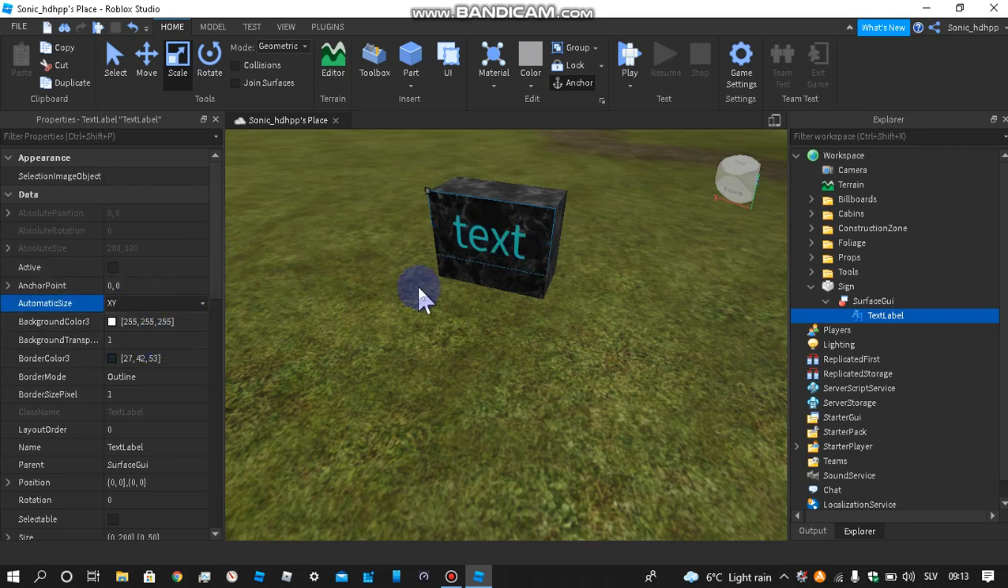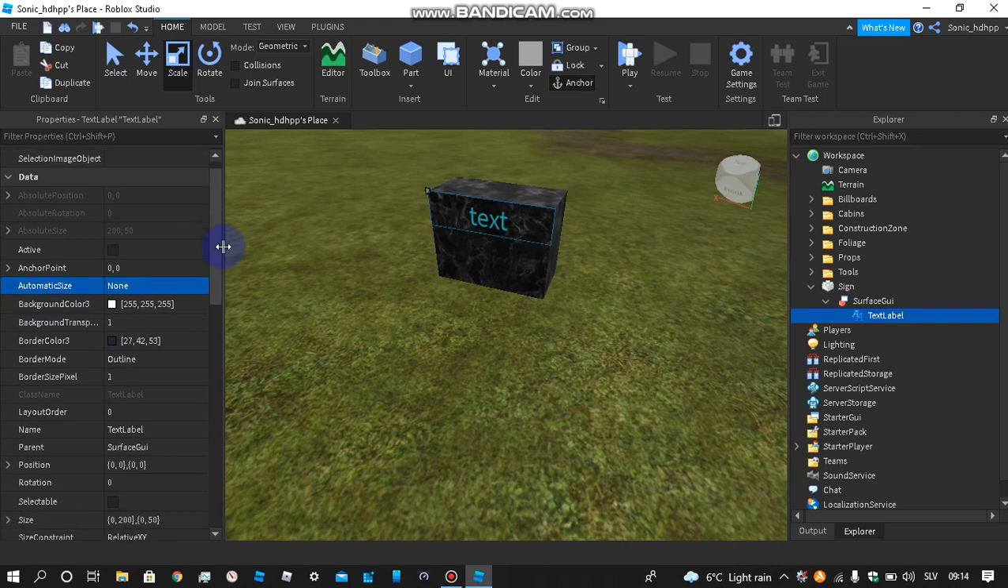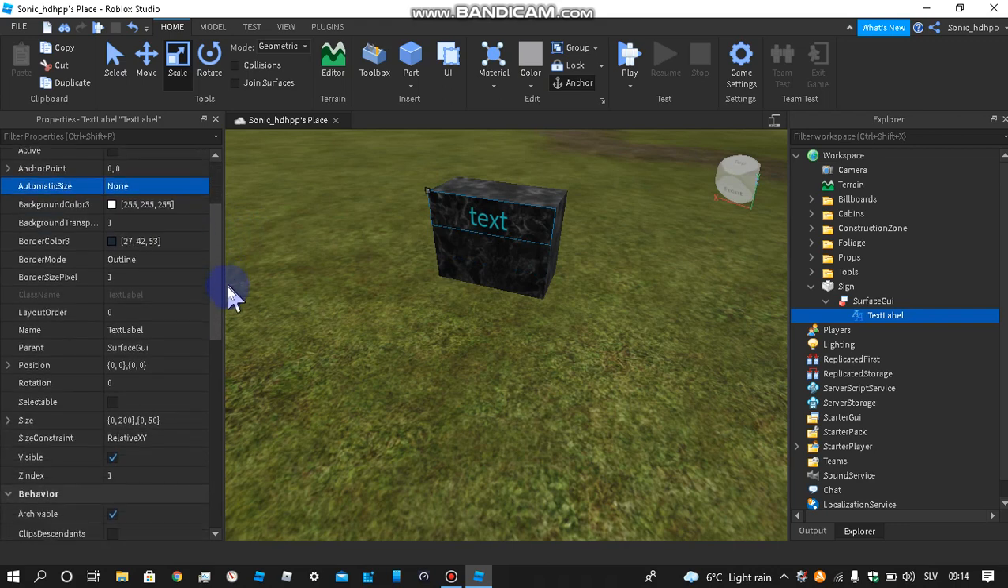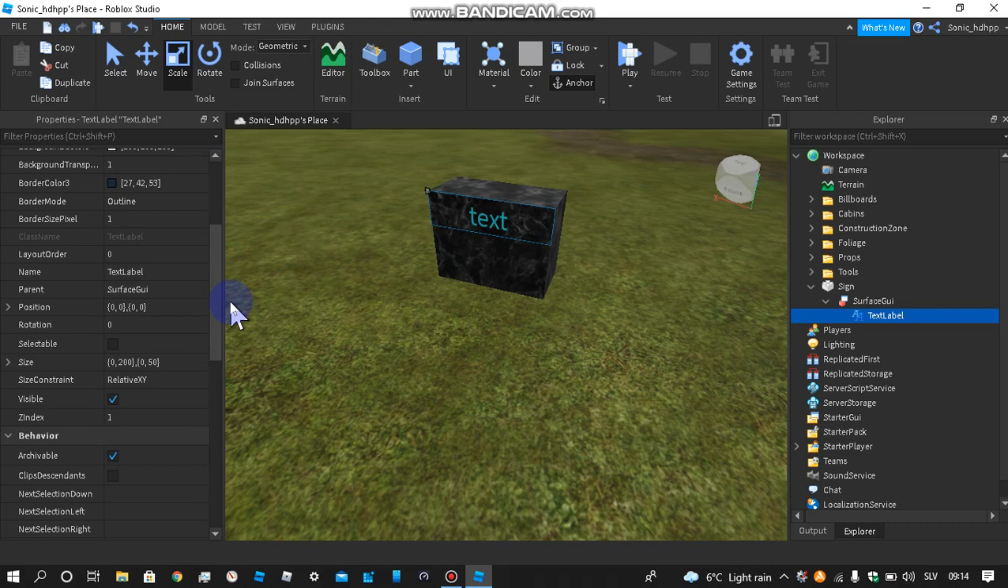Automatic size. This automatic size is broken. None. Go away, automatic size. We don't need automatic size. We're just gonna set it up because the size is that. Alright, so